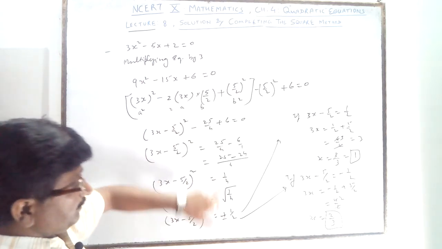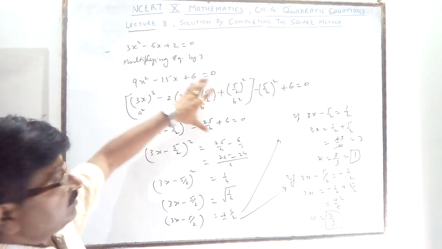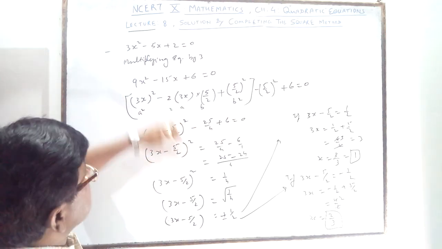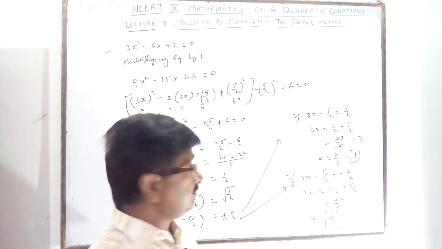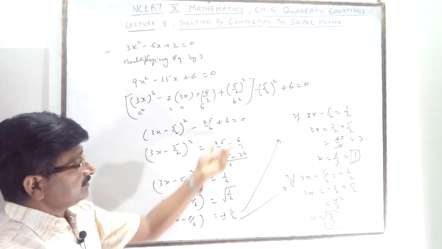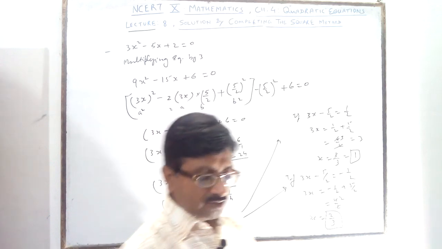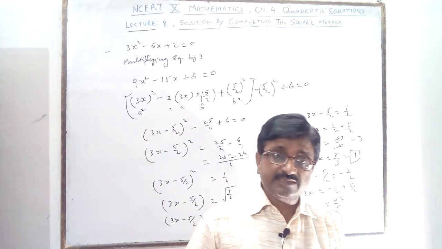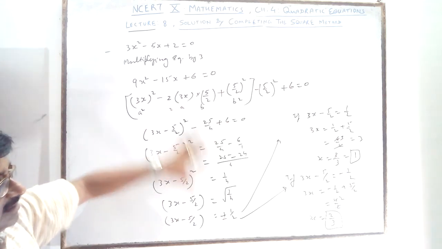Because you are getting a perfect square here, there is no problem. Easily you are getting the answer. Changing the given equation into a perfect square, you solve whatever term you are adding and subtracting. Perfect square separate, and then very easily, no need to think whether there is a factorization or not.